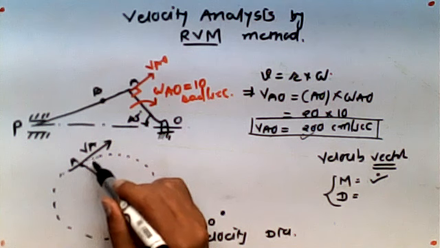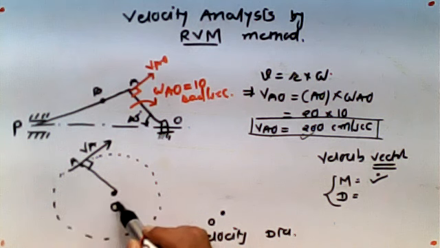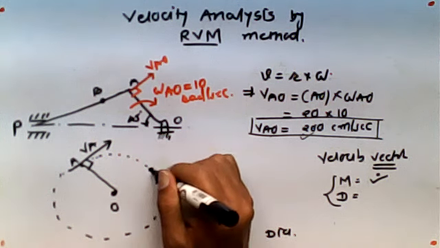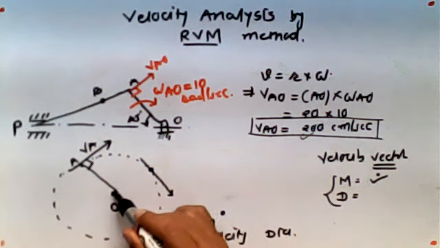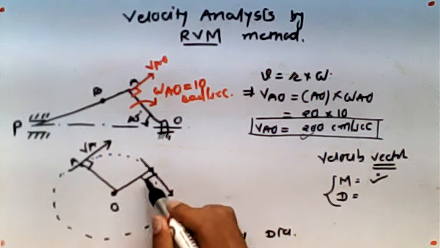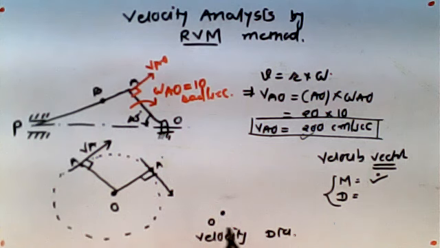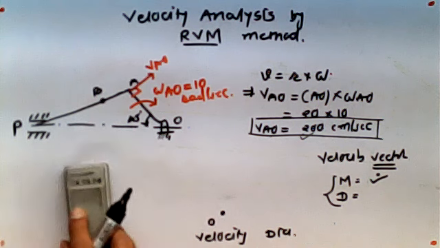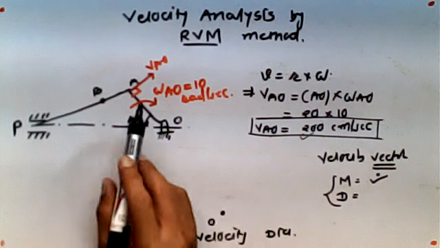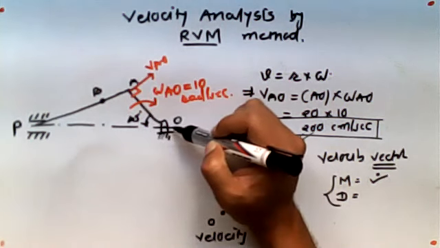And in the other way, you can call it that it will obviously be 90 degrees to the link joining A with the center point O. Suppose I need to draw the velocity vector here, then at this particular location, tangent to this location, and ultimately it becomes 90 degrees to that particular line joining O and point A at that instant. So the velocity vector you can draw at 90 degrees, or we can say tangent to the path at the particular instant. So here the velocity of point A with respect to O, you can draw normal to the line joining OA.